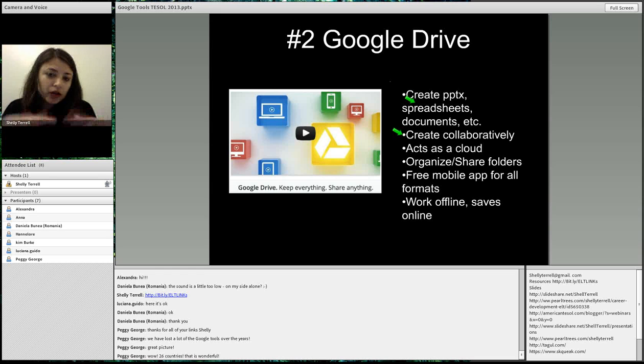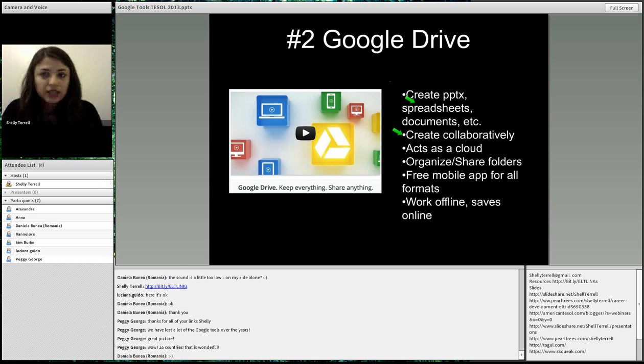Google Drive will show up on my browser, and then what I do is I can create my workshop handout, I create my PowerPoint, I update my spreadsheet with receipts. It has so many different things. And as soon as I get to the hotel and there's an internet connection, it automatically updates whatever I worked on offline.